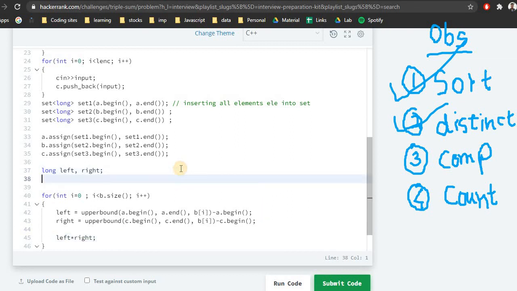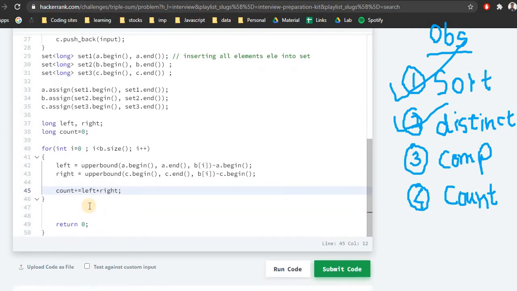So we'll declare another variable, long count, and initialize it to 0 because it's incrementing. So count plus equal to left into right. It will store all the distinct triplets into the count, and after that we can return the count here. So this will be cout count.